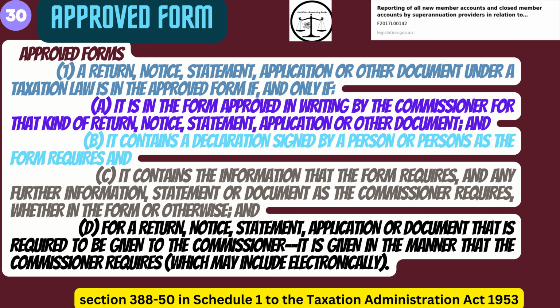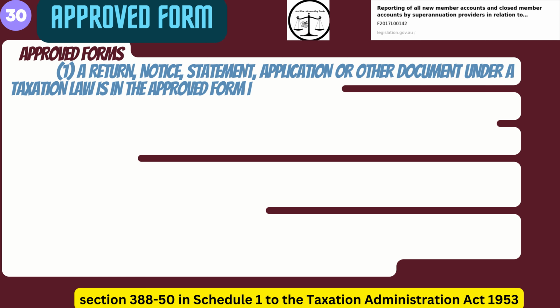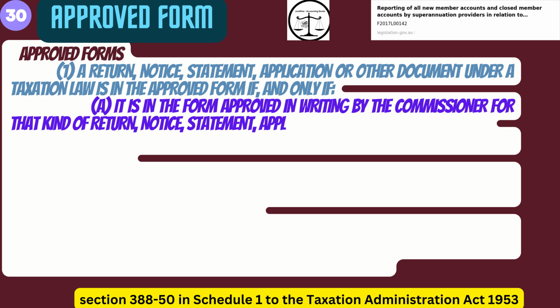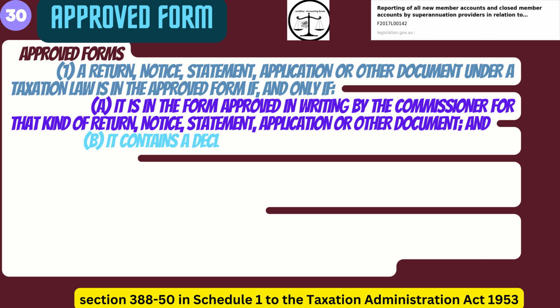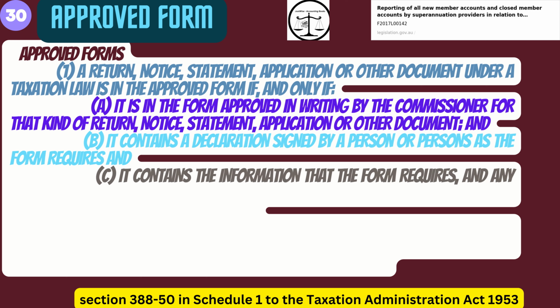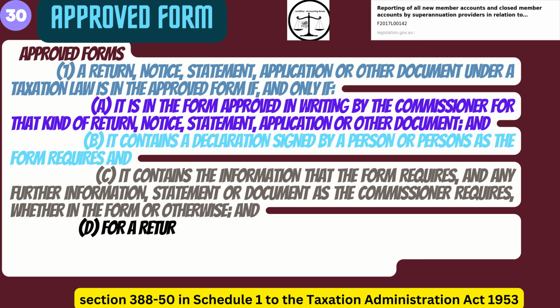Word number 30. Approved form has the meaning given by section 388-50 in Schedule 1 to the Taxation Administration Act 1953. Approved forms. 1. A return, notice, statement, application, or other document under a taxation law is in the approved form if, and only if: (a) it is in the form approved in writing by the Commissioner for that kind of return, notice, statement, application, or other document, and (b)